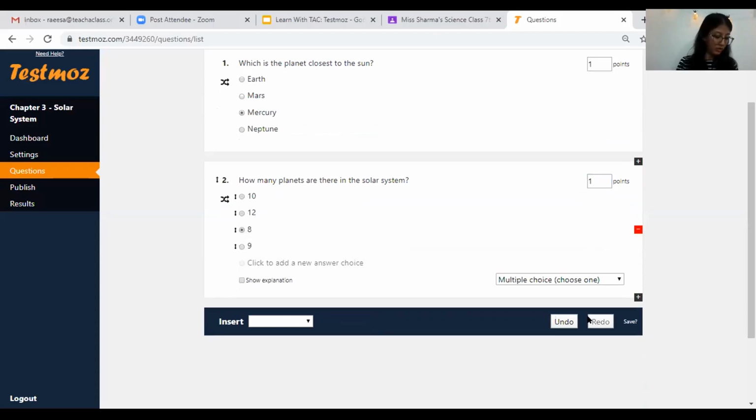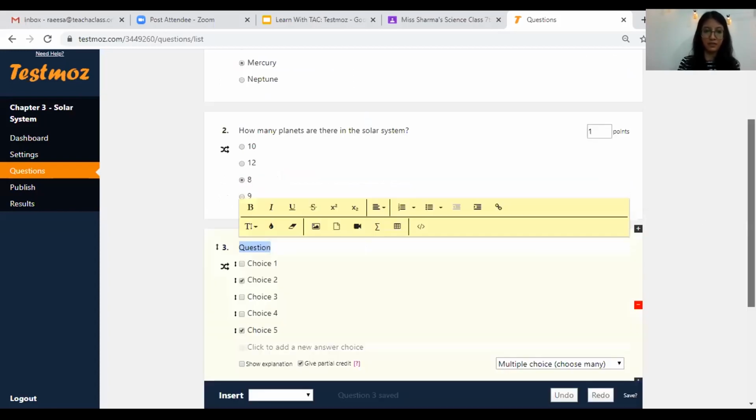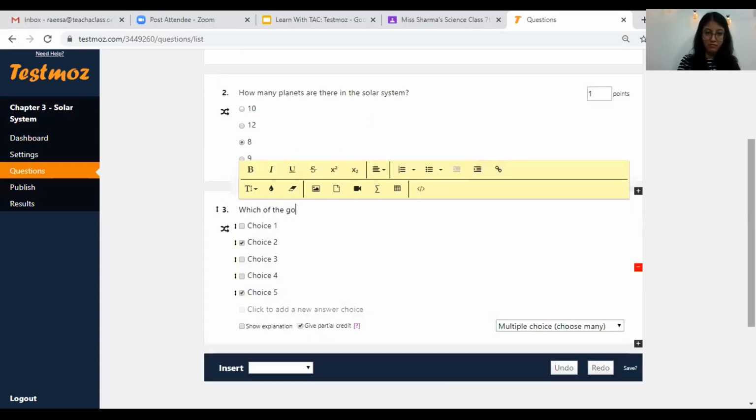Okay, moving over to the next question type. Multiple choice, choose many. I have my question ready and I'm going to start filling out my choices.